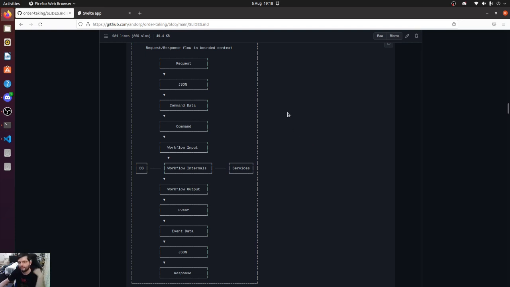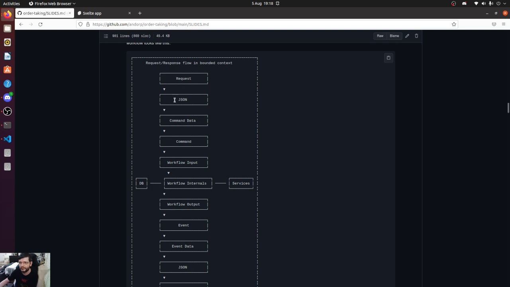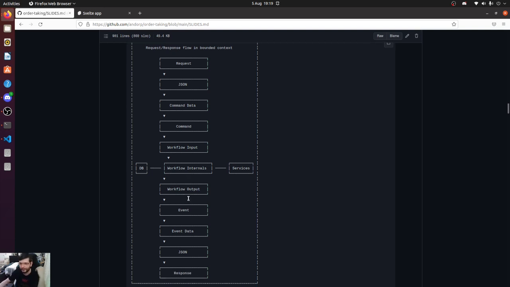Than what I implemented, and it basically gets a request, turns that request into a JSON, parses that JSON into JSON data, and after we also parse this JSON data into a command, which will select a workflow. That command also creates the workflow input, and the workflow is executed, which talks to a database, talks to different services, creates some information, and we have the workflow output where we create an event,